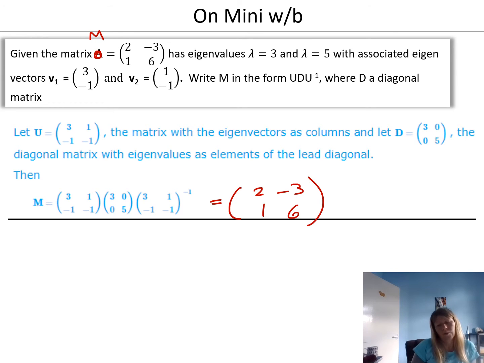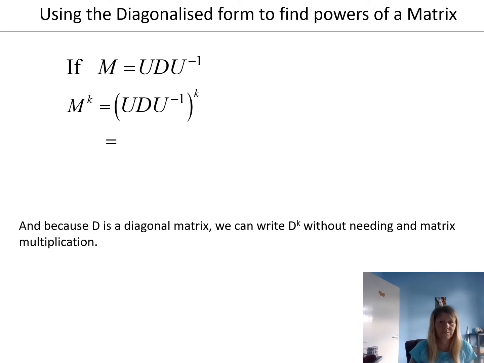There we go. Right, next bit. So using the diagonalized form to find powers of matrices. Why is it good to write it as that? Well, let's see. So if your M is in that form, M to the power 1003, or just k,